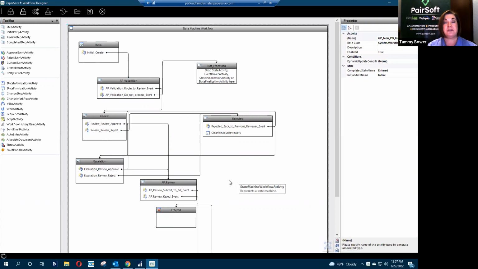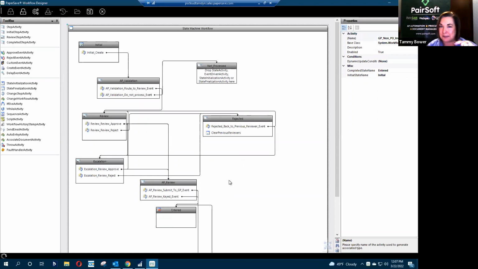So right now, if you're using PaperSafe strictly for the capturing and the association of the supporting document to the transactions inside of GP, that's great, but you're only scratching the surface of the capabilities of PaperSafe. If you're leveraging PaperSafe's workflow, fantastic.